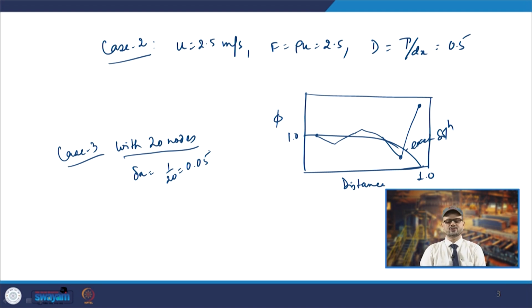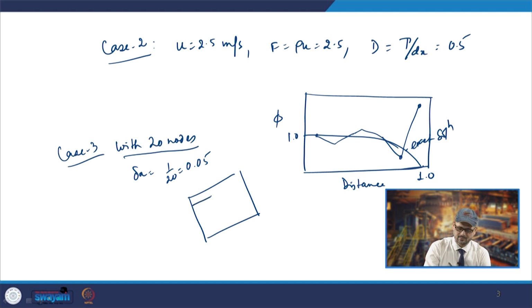Now, in this case if you do that analysis, write the matrix and solve it, what has been seen is the result is very close. If this is the exact, now in this case it was found to be very close. There is not complete matching at all the points, but it is very much close.